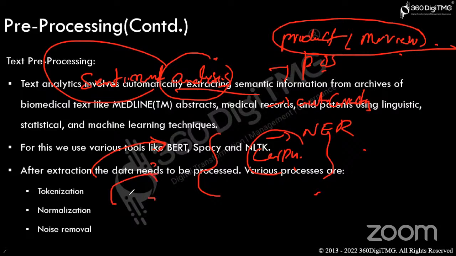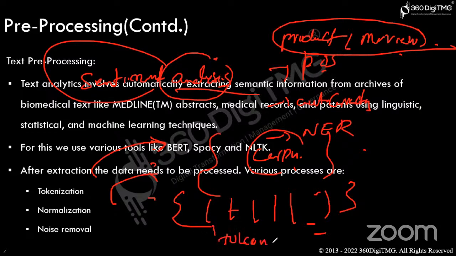What is tokenization? Whatever sentence we have, wherever there is a space, it will split into single words. These are called tokens. The whole sentence will be split into different tokens or different words. Then only you will be able to go through each and every term and bring out the sentiment present